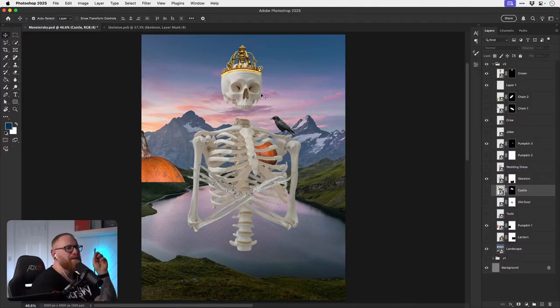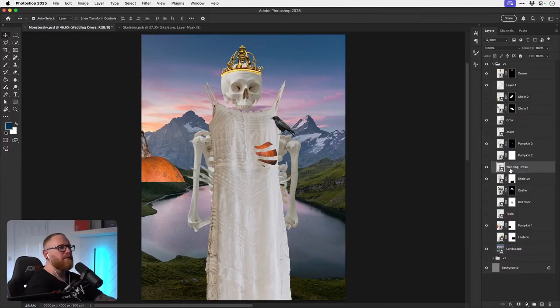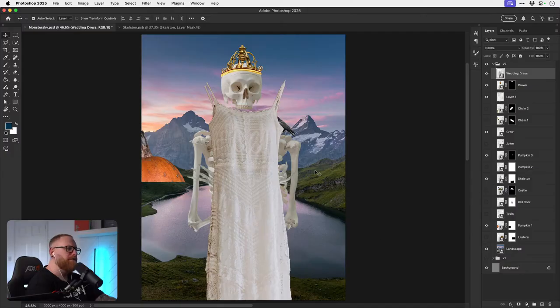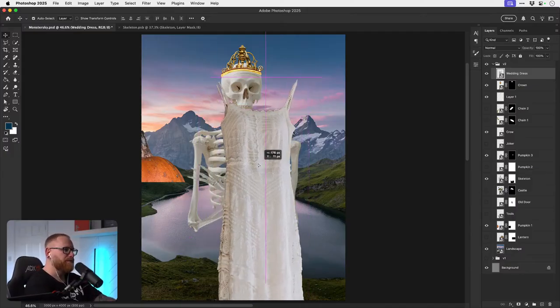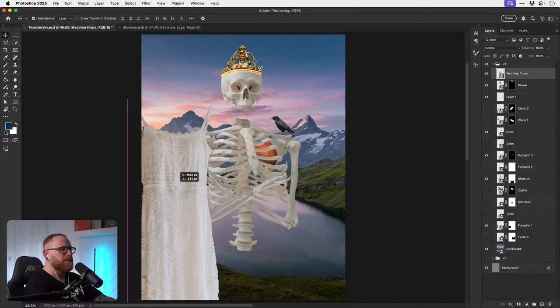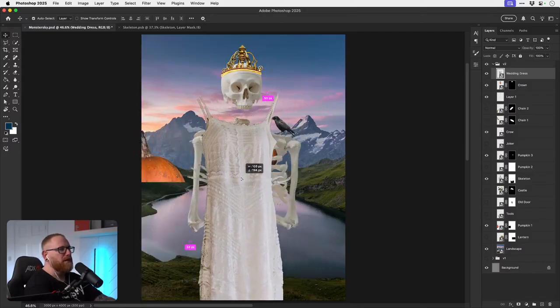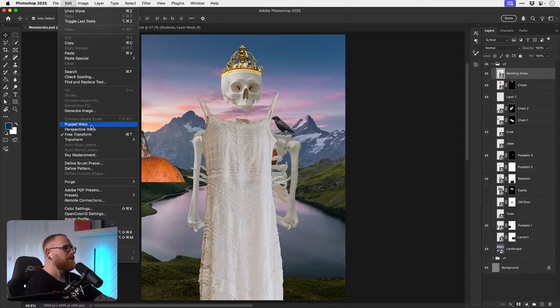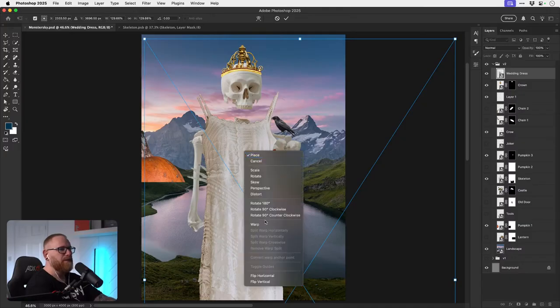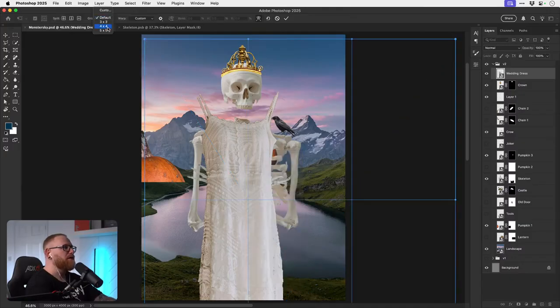But it's the idea, coming up with a cool idea. Oh yeah, the dress. That was it. Yeah, I do like that idea of having rags. How am I gonna... Oh god, that's gonna be hard. Reference images would be very helpful as well. So I can contort the dress to fit the shape of the body. That's pretty easy. In fact, we can do that now.